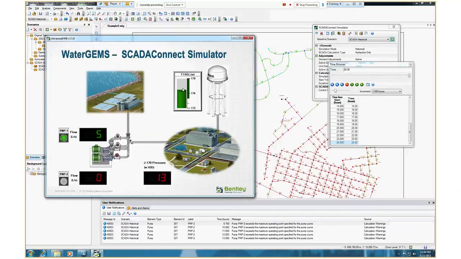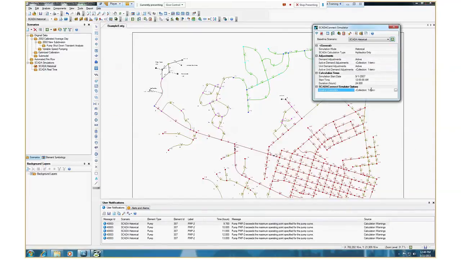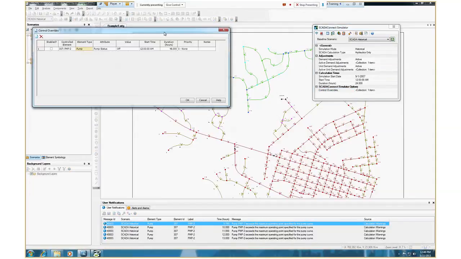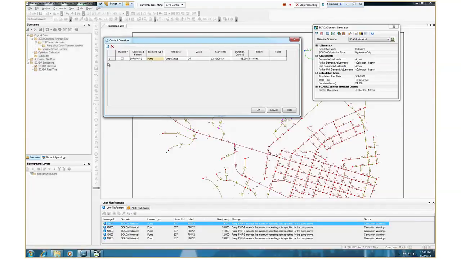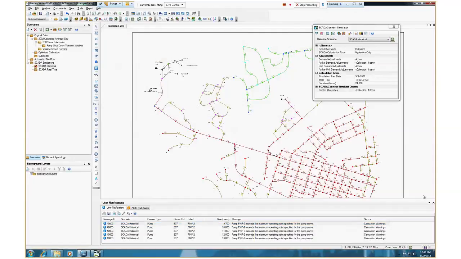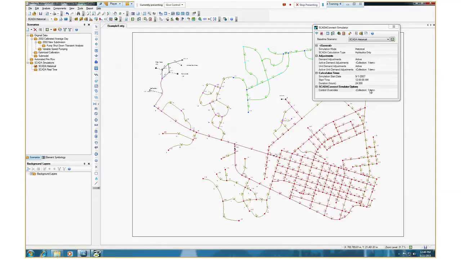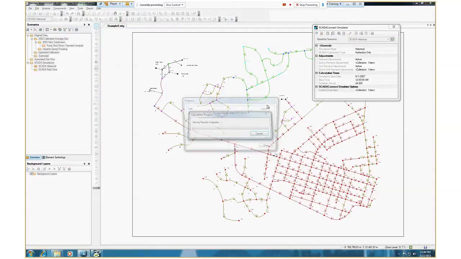Okay, so that time again no problems because pump 2 came on and helped out there. But now what I want to do for the last one here is add a control override. So the control override, and again pretty simple. It's just pump 2, pump status is off from midnight for the whole time. So basically what we're saying is, okay, if we've got this hot day or the public holiday, whatever it is, and I need to take this pump out of service or this pump malfunctions, well then what happens? I'll run that one,